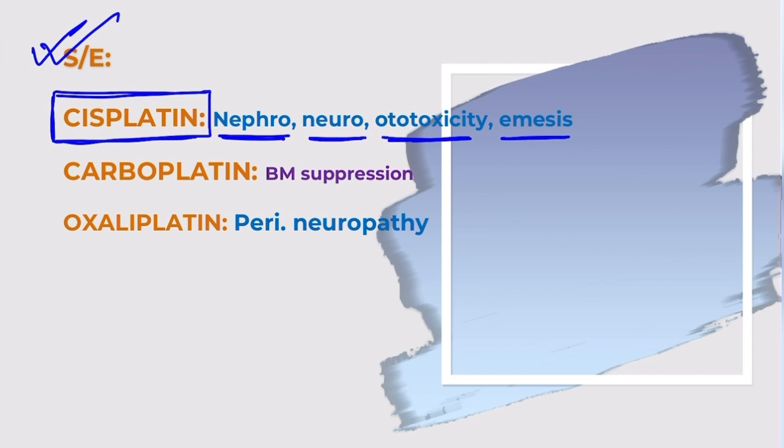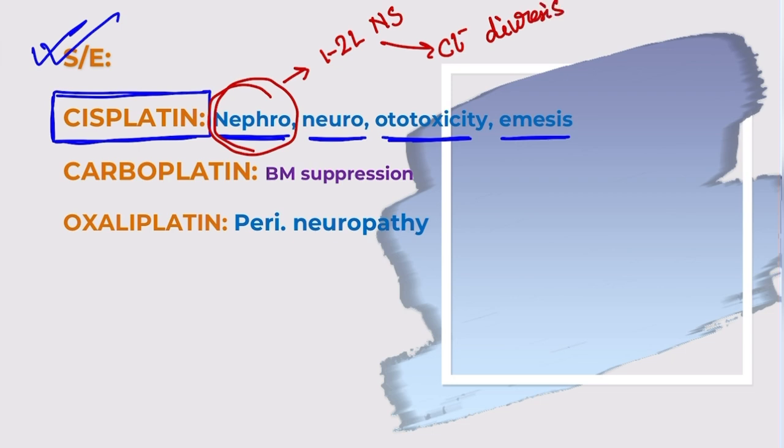I am telling you this. Nephrotoxicity. Nephrotoxicity is treated by 1 to 2 liters of normal saline, which causes chloride diuresis. This is one question: how is cisplatin-induced nephrotoxicity treated? This is the answer. And the second frequently asked question is emesis,